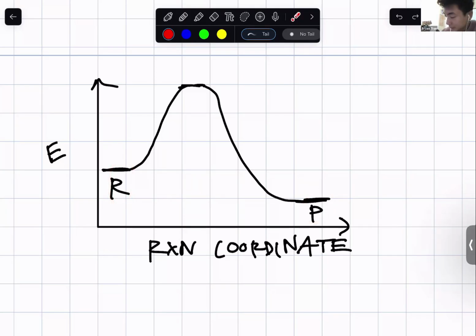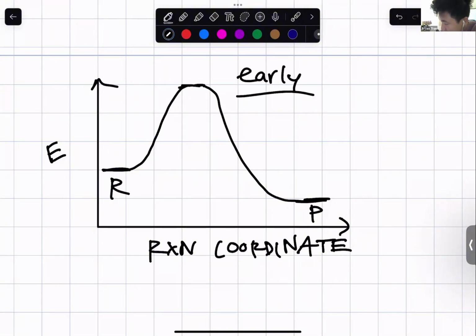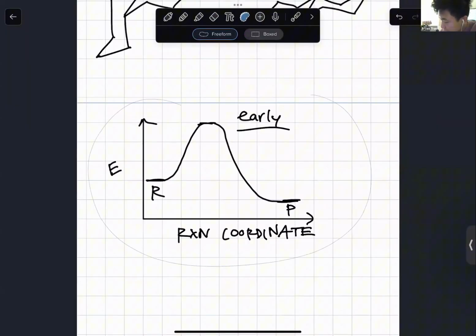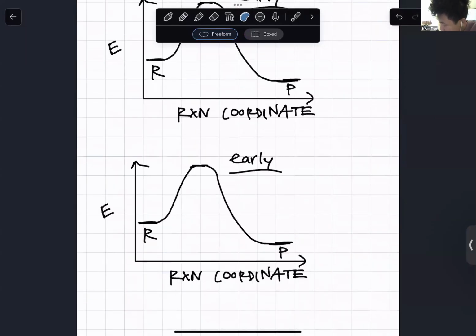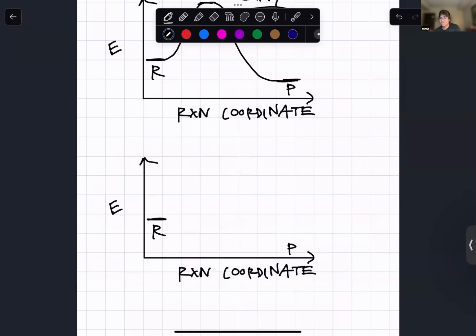Meaning that it's going to happen soon in the reaction coordinate, early, like this, and late, closer to the reactants. Yep, it would be closer to the reactants. So we can consider this early, and I will draw you an example of a late one, a late transition state. So would that just mean it has super high activation, or that doesn't matter? Yeah, it doesn't matter. They could have the same activation energy, but